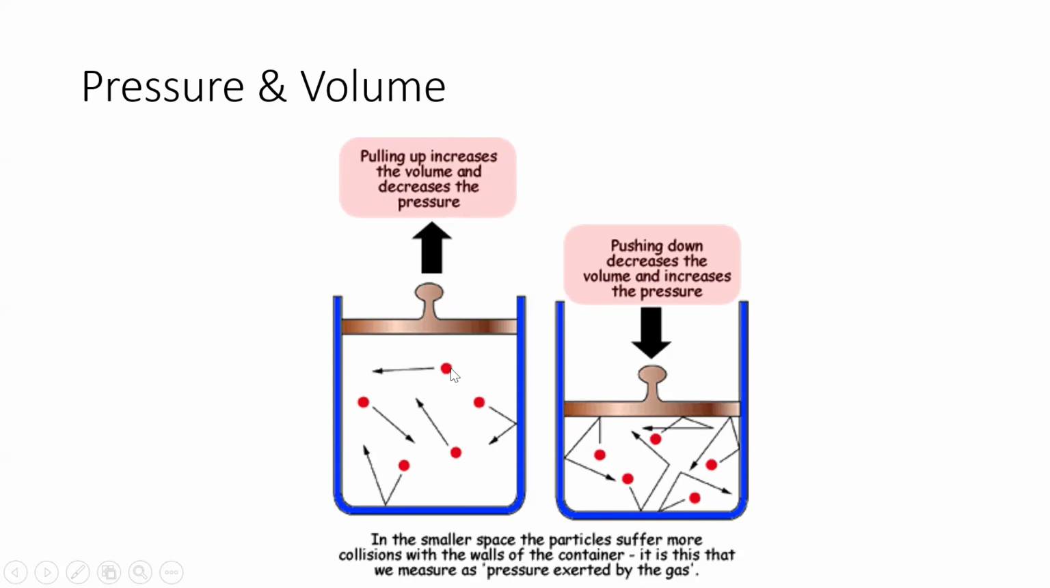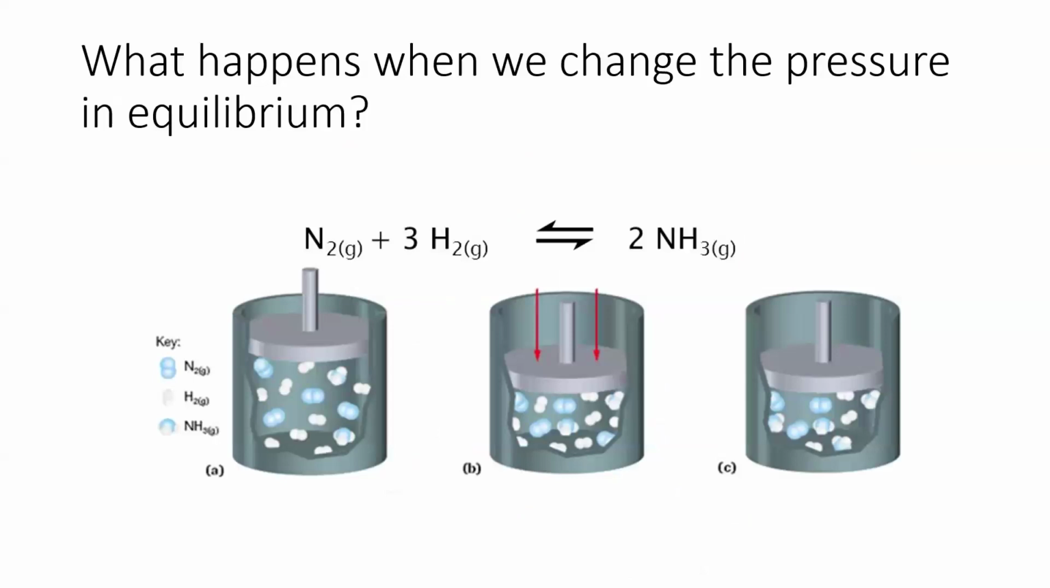Remember, we said that the pressure is formed by the collisions between the particles of the gas and the walls of the container. Increasing the collisions will increase the pressure. Decreasing the collisions will decrease the pressure. And this is why in gases, pressure and volume have an opposite relationship. Increasing volume decreases the pressure and vice versa. This is important in order to think about what is going to happen if you have an equilibrium of gases